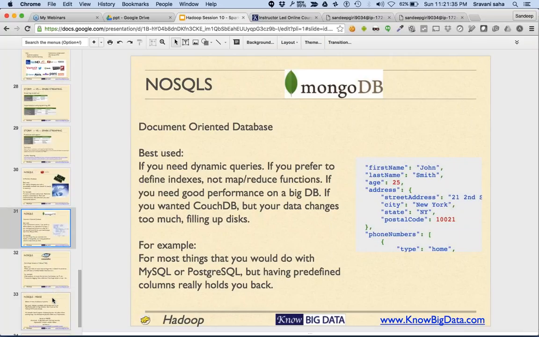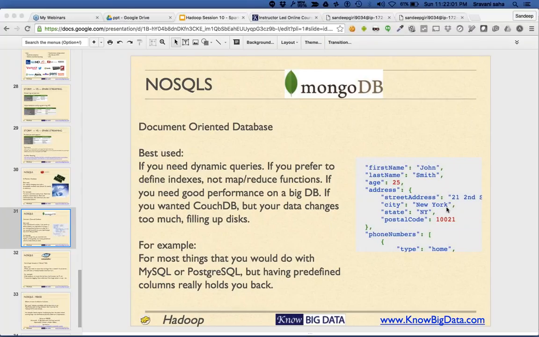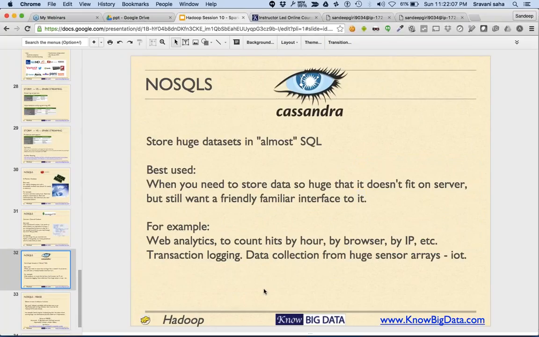All right. So basically, the thumb rule is that if your data is a little bit like a document or a big object, then you might go for MongoDB. If you want to store data in the form of documents, in the form of big objects. Yeah, this is JSON format. That's right, Ashok. This is a JSON format.